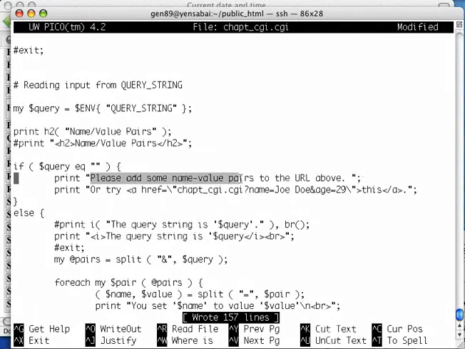Please add some name pair values to the URL above, or try, and then we're going to give them a link to our code right here, our little script, chapter CGI.cgi, and here's our famous question mark, and we're going to put a couple fields there, name, Joe Doe, and then ampersand, age, and that's it. And then this is, by the way, the